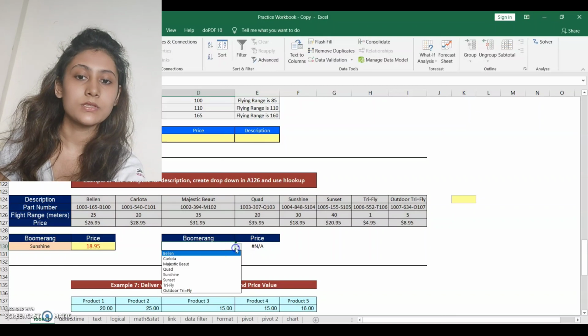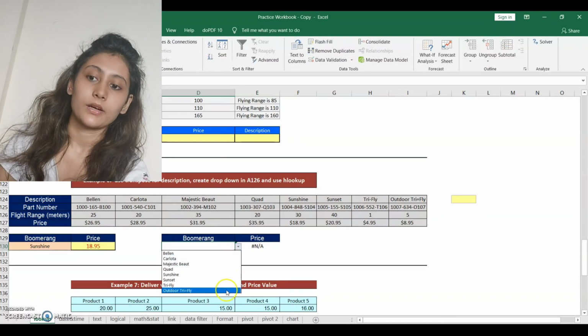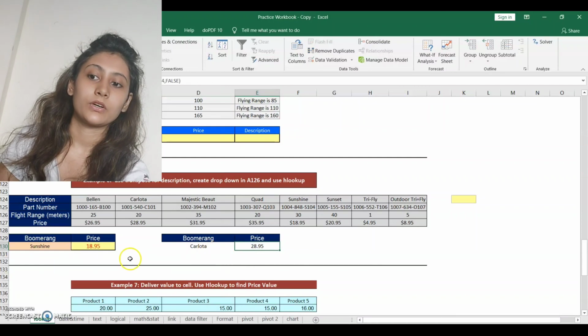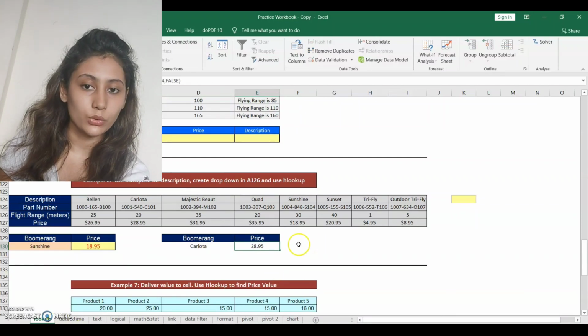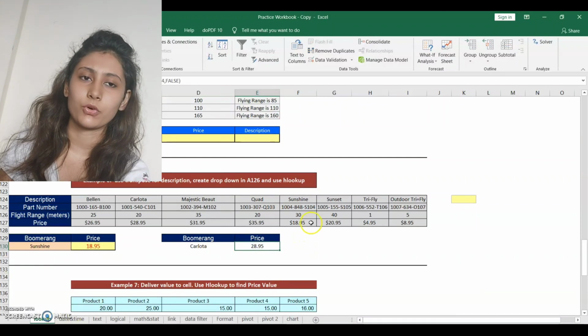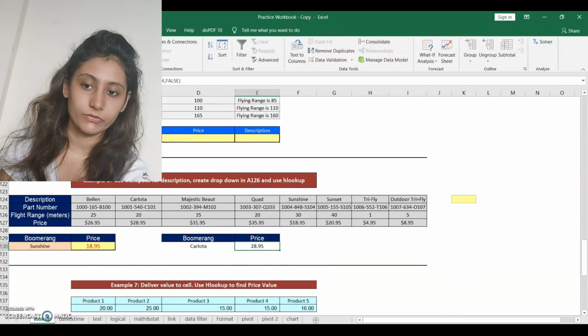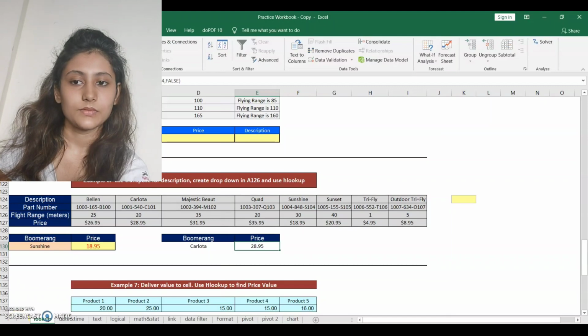So a drop down list can be used in various ways. Data validation has many applications available. So your drop down list is used in HLOOKUP. You can use the drop down list for registration forms or any other things, whatever you wish. So I hope text to columns and drop down list are clear and everyone understood it.